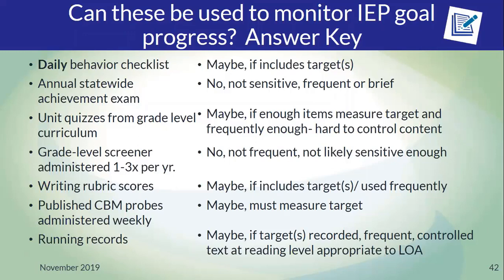In terms of the writing rubric scores, again, it depends on how often it will be used, if it's frequent enough, if it specifically measures the target skill that's in the goal. I suspect you're all sensing a pattern here. Published CBM probes, as long as the probe measures the targeted skill and is done frequently enough. Often published probes are designed to be used as frequently as once per week, so that would suggest that the frequent